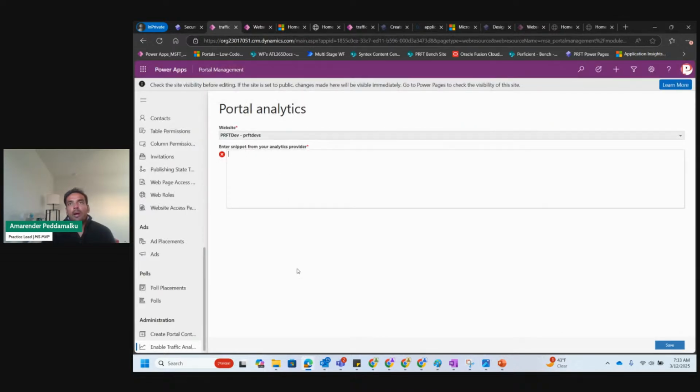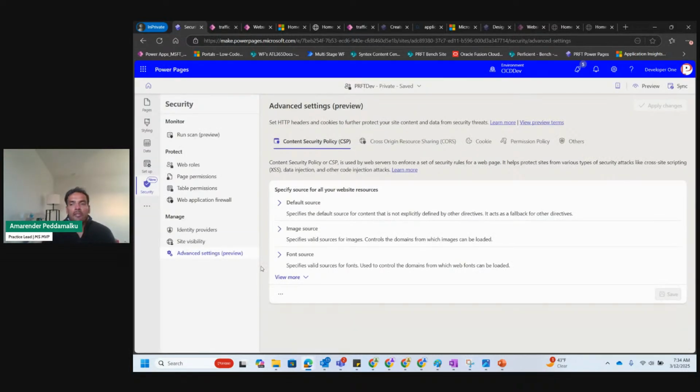And automatically, all the traffic, all the audit, everything is tracked in Azure Application Insights for you, where you can dig in and see how people are navigating your pages, how much time they're spending on each page, how they're searching the website, or if you want them to go to a certain page from a home page, what's the navigation path that they are taking? Are they going from home to your site page, into a page, or are they just searching for the content? So you can see all of those metrics behind the screens. So that's how you see your traffic and how they're interacting with your website.